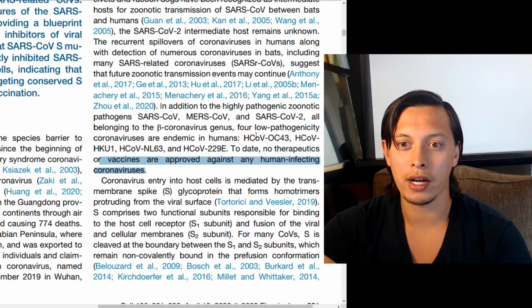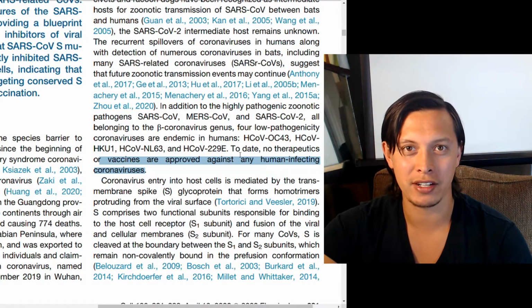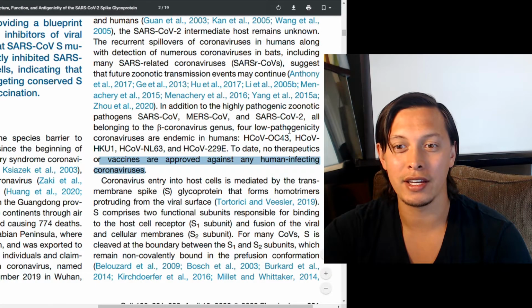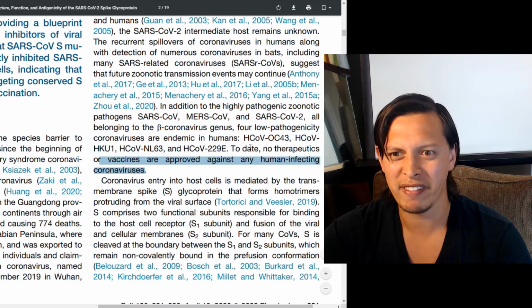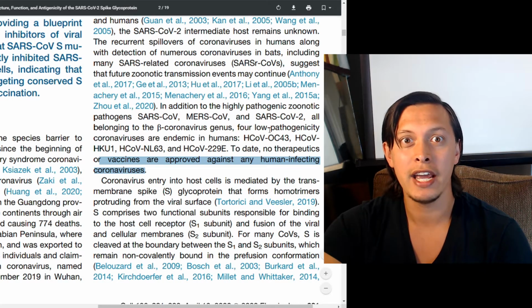So it's harder to get a human vaccine through the FDA than it is to get an animal vaccine. And so some animal vaccines are a little bit more dangerous than human vaccines simply because it takes less trial